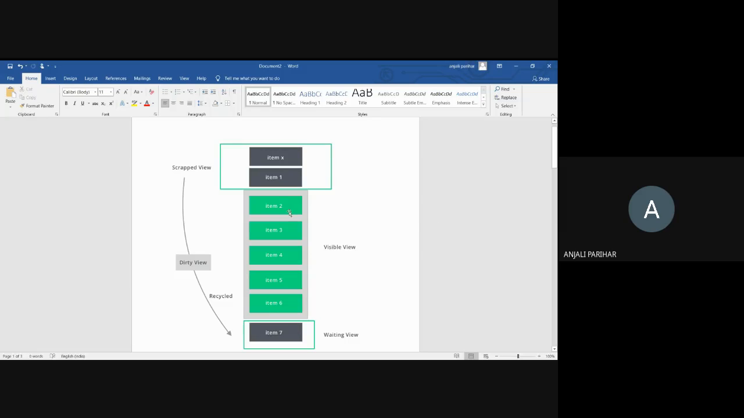Since you can see this, you can relate this item 2 with track 2 in your music application, and this item 3 with track 3. When you scroll it up, these 5 items are currently visible on your screen. But let's say you have 100 tracks in your music application,